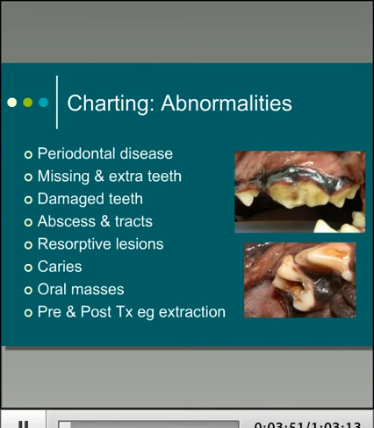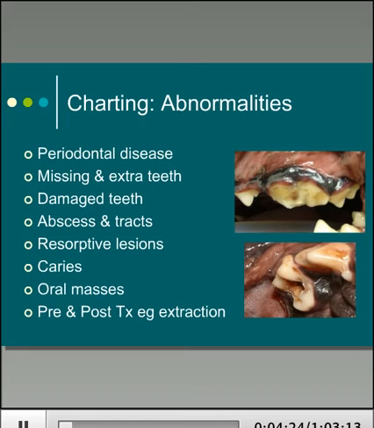What do we put on? Well, everything that's abnormal. So you'll see here, I'm not putting plaque, I'm not putting calculus, I'm putting all the pathologies, and also what teeth we're going to extract, and of course when we've done it as well. The reason I say that is because plaque we're going to remove, calculus we're going to remove, and so other than doing a sort of a general comment about its presence, it's pretty much a waste of time putting any detail into it. So I'll just ignore that part of any chart if they're there and go straight for our